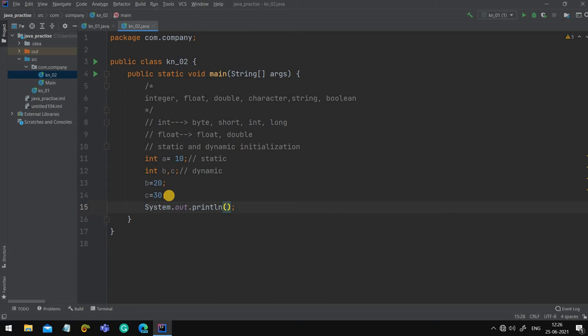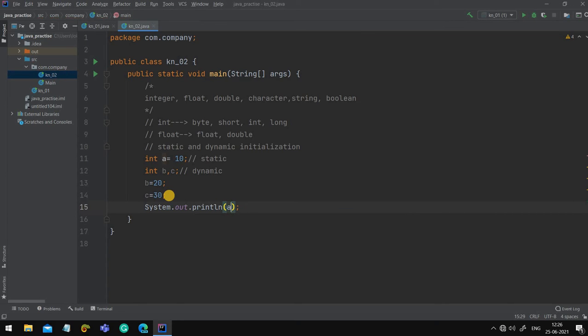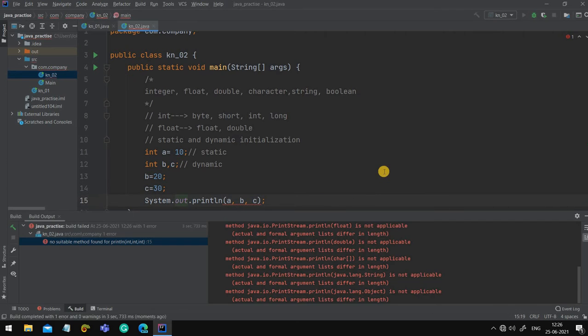Now listen to this carefully. When you are printing some variables, you just need to print them without any inverted commas. You can print them like this only, a comma b. Let me check whether we can print it or not. Let me run this one. No, we cannot print it. So what we have to use, I'll tell you. Wait a bit. See, there is an error. We cannot print it like this.